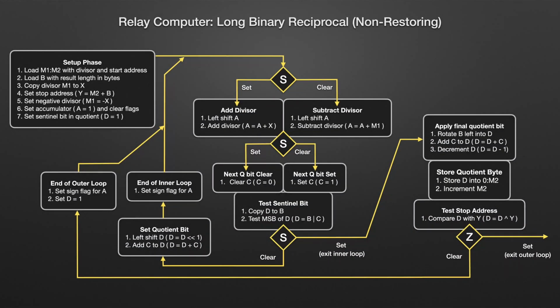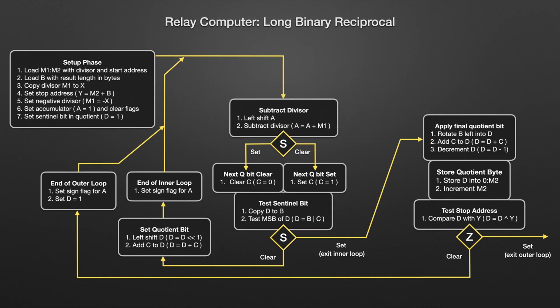So let's jump straight in, and we can start here. Currently we make a decision based on the sign flag and add the divisor if set and subtract the divisor if clear. Well, we can simplify that, as we'll always be trial subtracting the divisor now, and that also means we don't need two versions of the divisor anymore. As such, we'll still negate the divisor in the setup phase, but store that in X instead, which frees up register M1 like so. Also, because we're no longer testing the sign flag before subtraction, we don't need to update it at the end of the inner and outer loop, so we can optimise there too and skip the junk